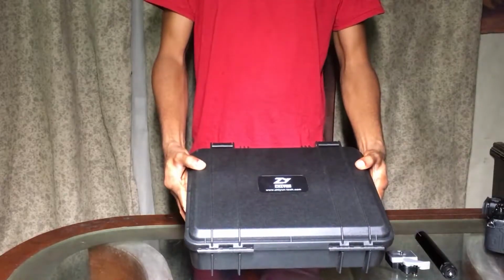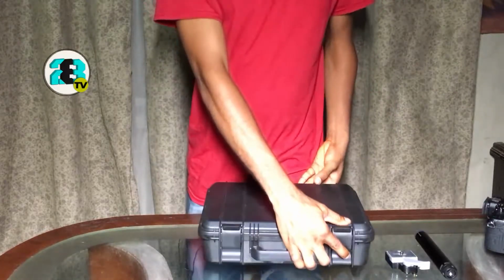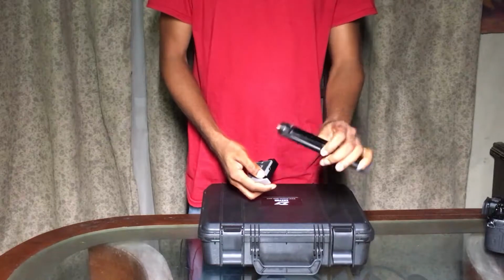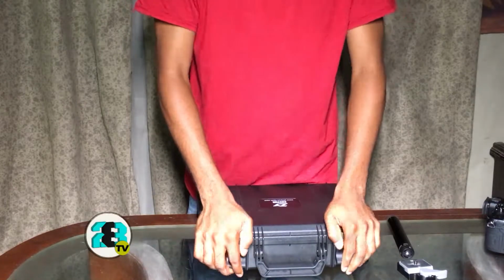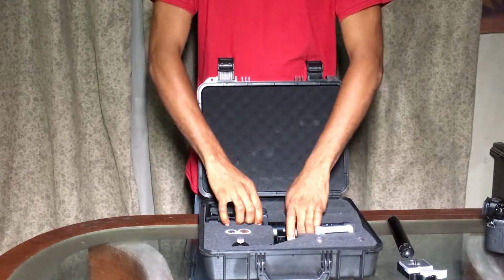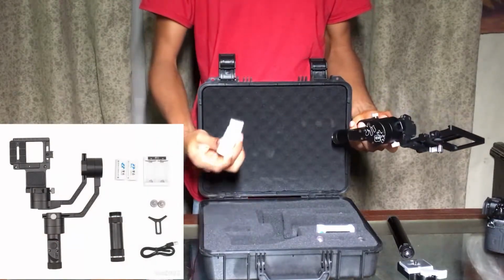It comes in a hard pelican case like this, and I bought two accessories with it. One is for a tripod head and the other is a tripod stand for the gimbal. I'll show you what that's for in a couple of minutes. And let's have it open. We have the gimbal right here. It comes with two batteries, and